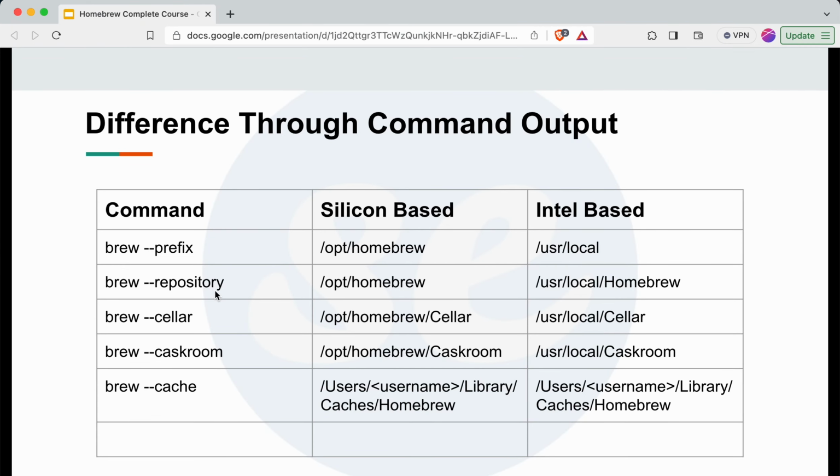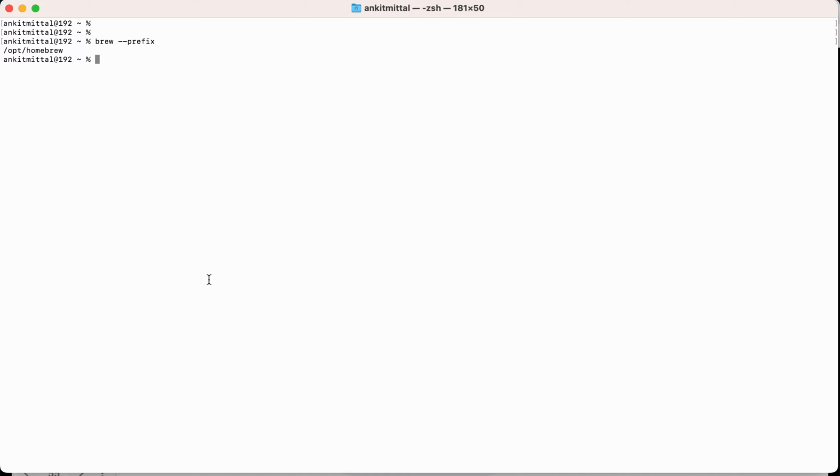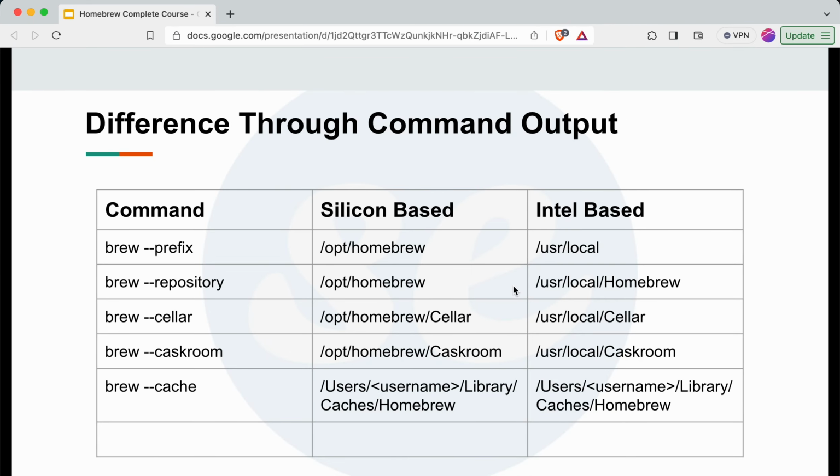Then let's go to the next command, the repository. If I type brew --repository here, as you can see, it is giving /opt/homebrew as the output of this command. But in case of Intel based, it will give a different output.